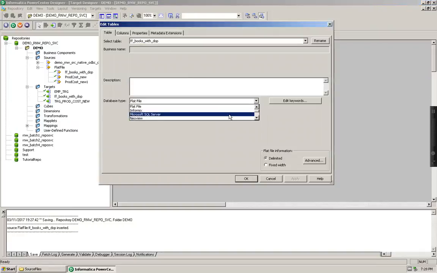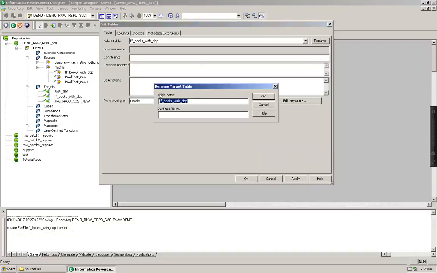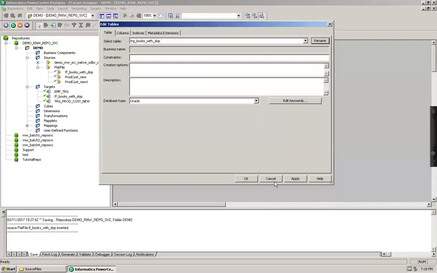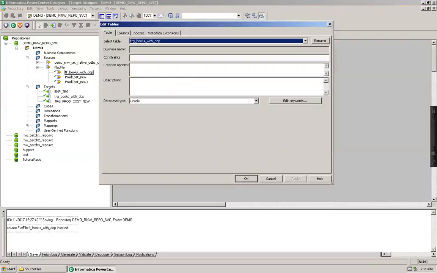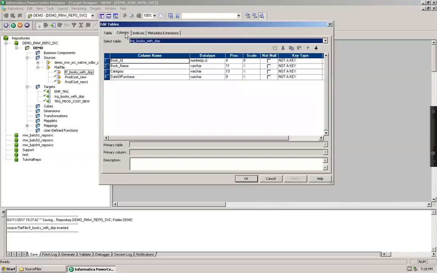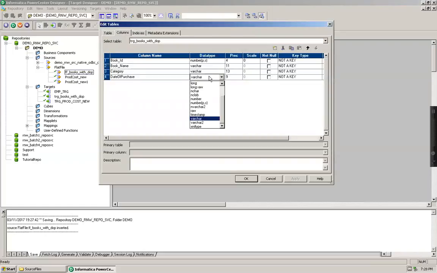Let me change this from flat file to Oracle and rename it as TRG books with DOP. Say apply. I have changed the date of purchase column from varchar to a date type field.